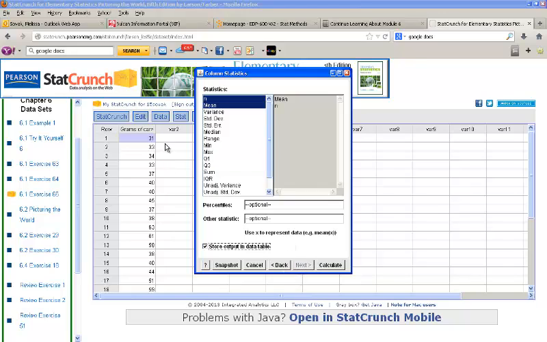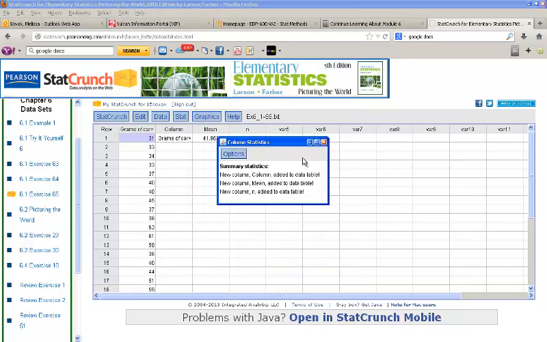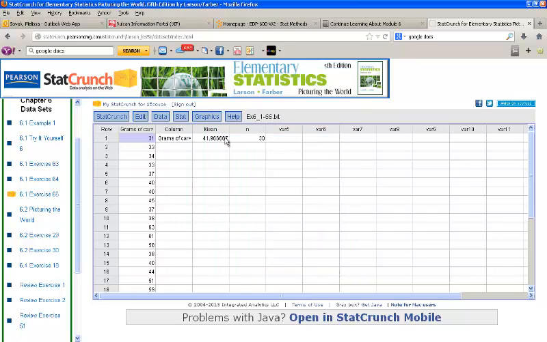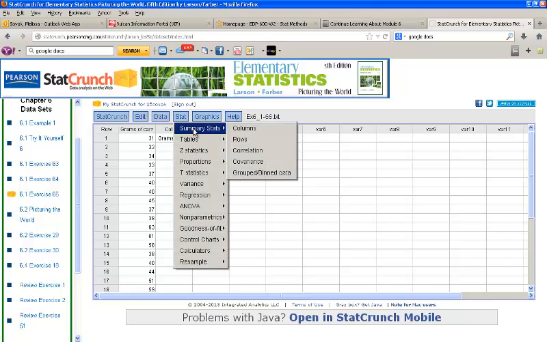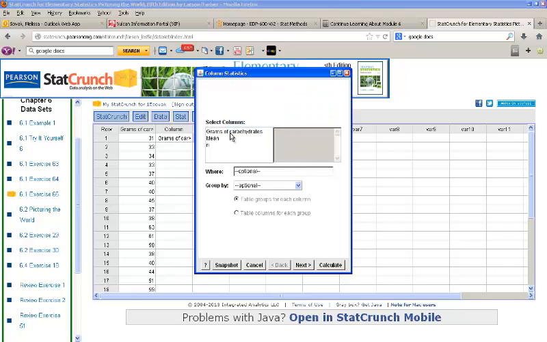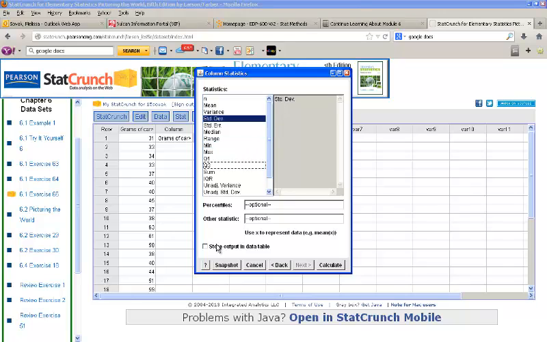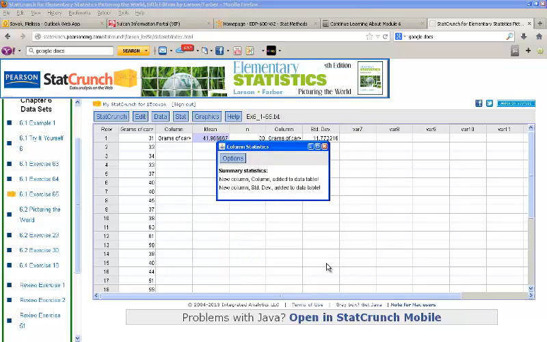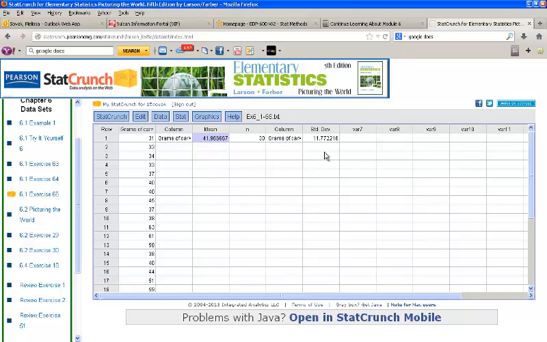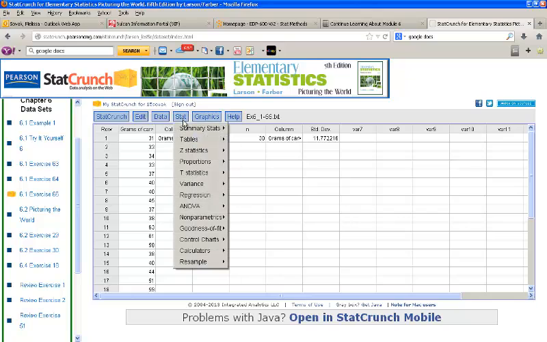I'm going to store this so we can see it show up in the table, and I'm going to click Calculate. And you can see here what our mean is. And it didn't get the standard deviation, so let me go through and run that again to make sure we get our standard deviation this time. And I'll store this. And here's our standard deviation now. So if we have the summary information,